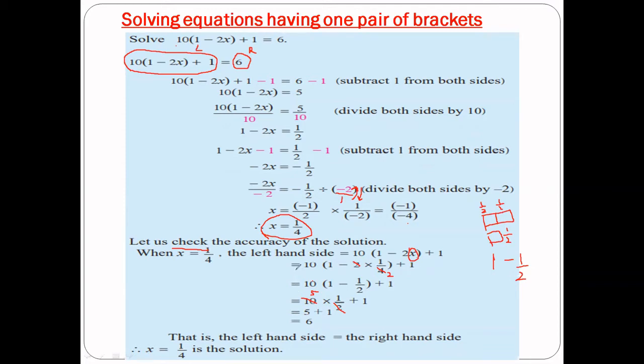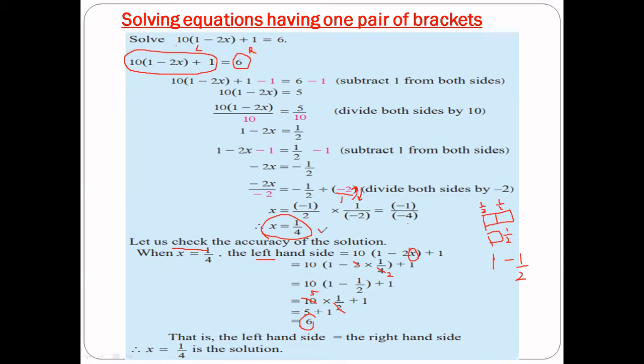Now what can you say about this? The left hand side was 6. What about the right hand side? Here the right hand side is also 6. Now you can say both left and right were 6. Then LHS equals RHS. If LHS equals RHS, what can you say?